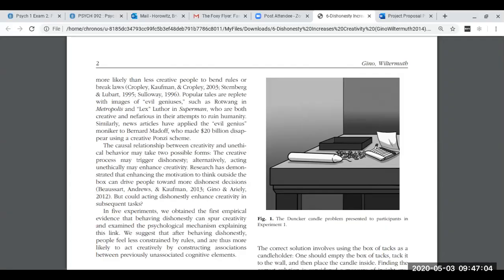Popular tales are replete with images of evil geniuses, such as Rotwang in Metropolis, Lex Luthor and Superman, who are both creative and nefarious in their attempts to ruin humanity. I think of Gru in Despicable Me, trying to steal the moon or whatever, just to bring it into a little more modern day. Similarly, news articles have applied this evil genius moniker to people like Bernie Madoff, or Bernard Madoff, who made $20 billion disappear using this creative Ponzi scheme. The causal relationship between creativity